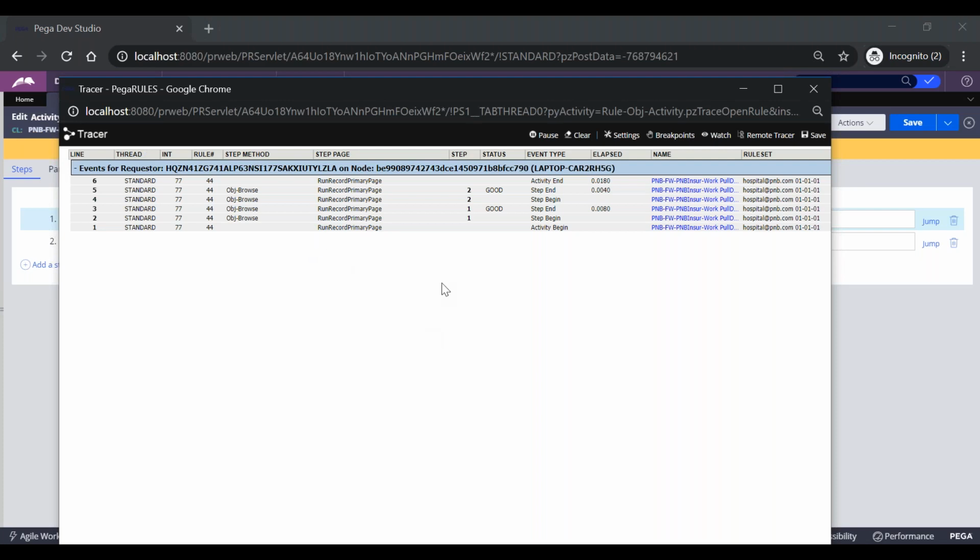Likewise, there will be primary pages for each and every rule, and the rules are executed only on pages. Similarly for data pages, whatever rules we call under data pages, the primary page will be the data page only. Why? Because a data page itself is a page. So if I call many integrations, activities or data transforms from the data pages, the primary page there will be the data page only.